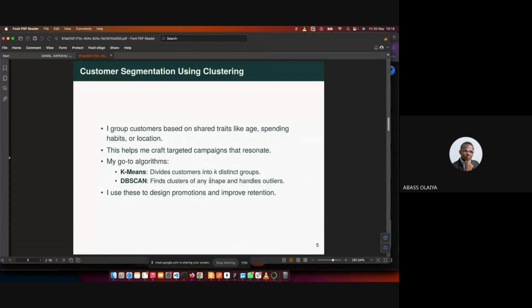If you're expecting old people in your rally, for example, if your target audience is old people, you have to segment. Okay, my customers, am I segmenting them by age? Is it by spending habits? Is it by location? For example, if you are staying in Ibadan, let me use Ibadan as an example. If you are staying in Kolapo, or around Oluyole, or around Apata, or around Bodija, or around Bere, these five locations have a lot of things that